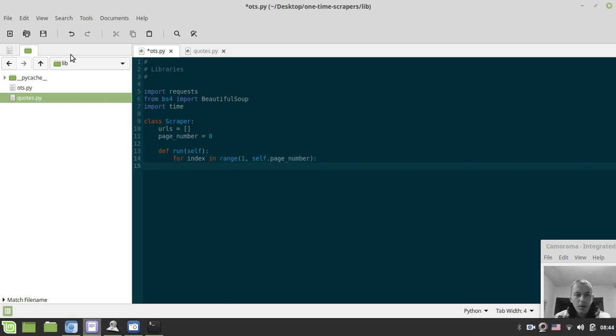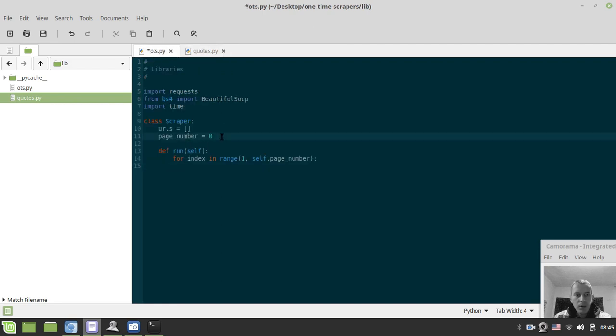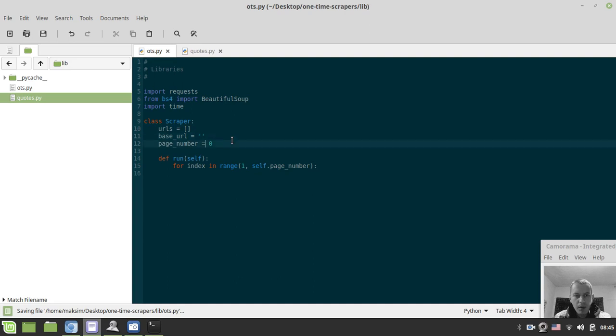And we would override the value of page number in the inherited class. Also I want to have the base URL, which would be empty at the moment. And I simply say for index in range from 1 to self.page_number,